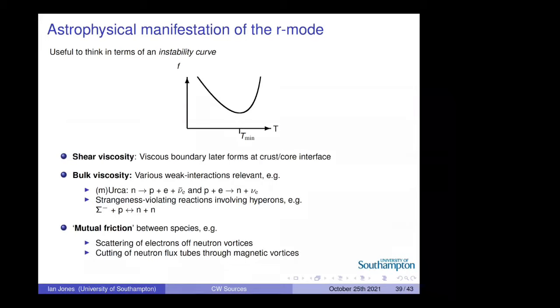But what is not clear to me is the bulk viscosity, that why when the temperature rises, the bulk viscosity will be higher. I mean, that will be stabilizing the instability. And this mutual friction again, I mean, what is it? So if you could say a few words on mutual friction also. Yeah, no, I'm happy